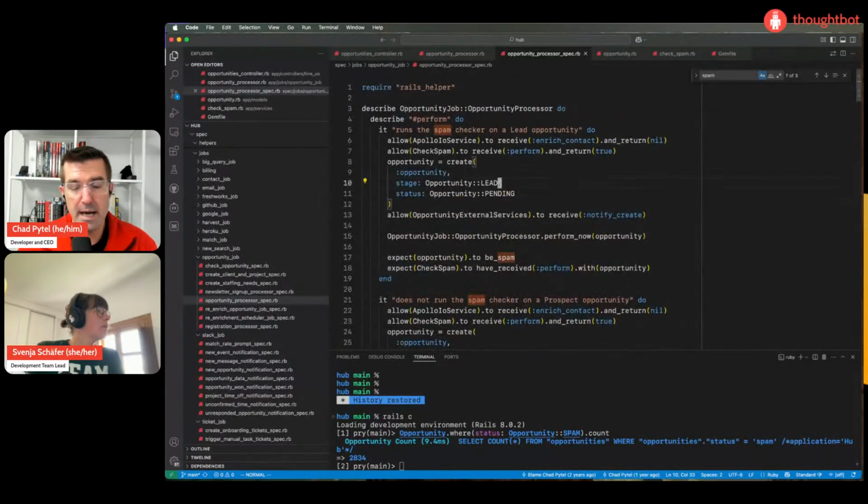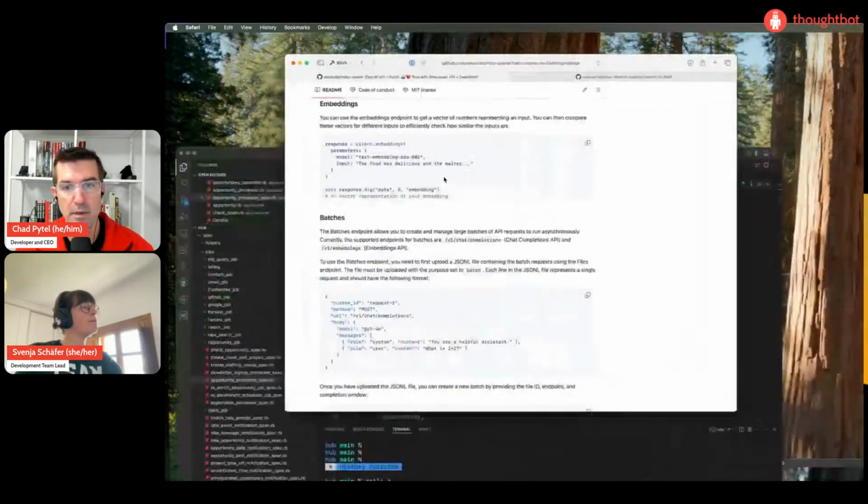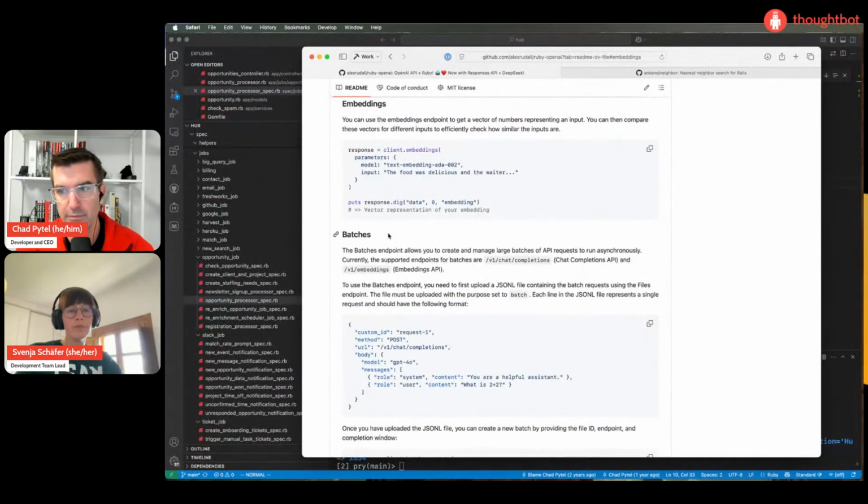Oh, sorry. Let's take a step back. We're using the OpenAI gem for this. That gem is already installed in the application because we're already using it for other LLM functionality that we created on the stream previously, doing RAG against our company handbook to answer questions from that internal documentation.